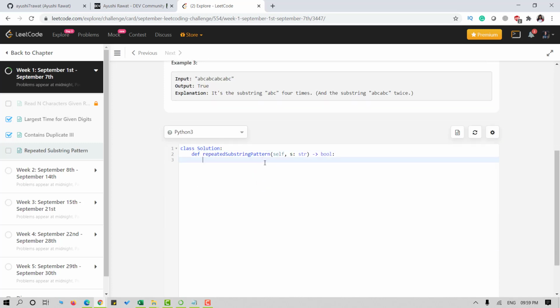So I'm declaring an empty substring. Next I will calculate the length of our initial input string. Now I will run a loop through the string. Now I will calculate the substring for each iteration.